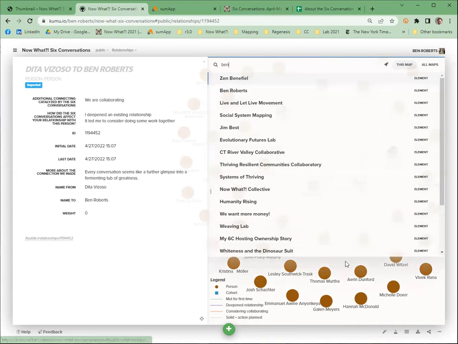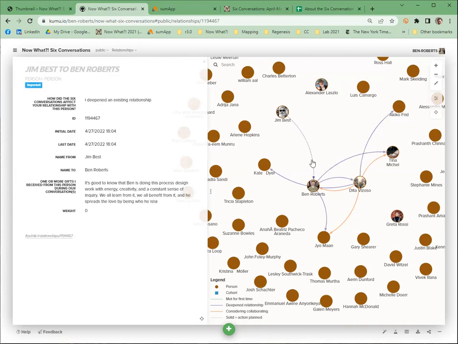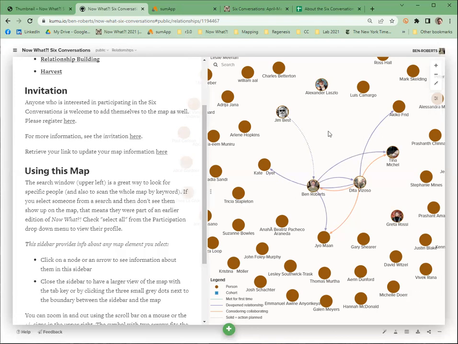And if there are lines, click on yourself and see what things said. Oh, look, Jim indicated something. I haven't even read this yet. So the map doesn't generate notifications when this happens. This is part of, I don't know, the messiness of the experiment, if you will. But you can go in here and see what people are indicating, and I'll show you how to add these